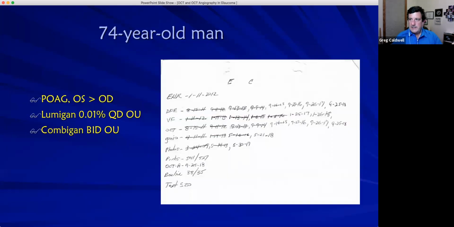So just another case here. We have a 74-year-old man. Glaucoma is worse in the left eye than the right eye, on Lumigan and Combigan. Again, you can see this is maybe a little bit more established patient, how I make sure I'm getting my